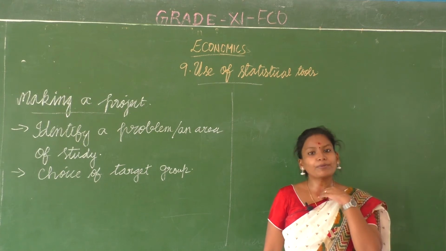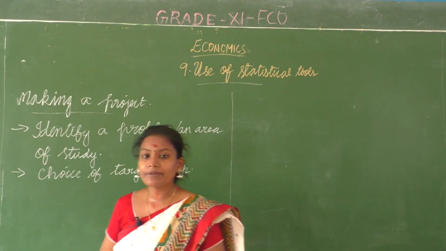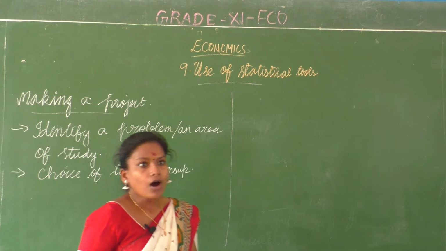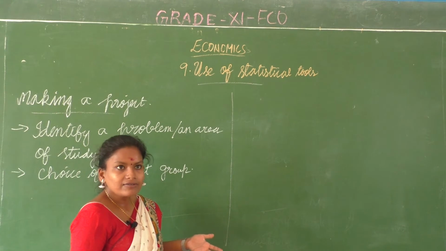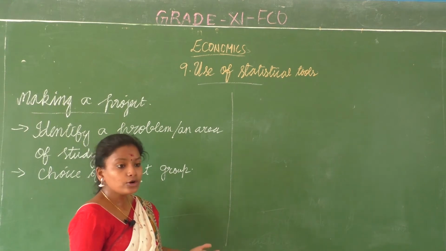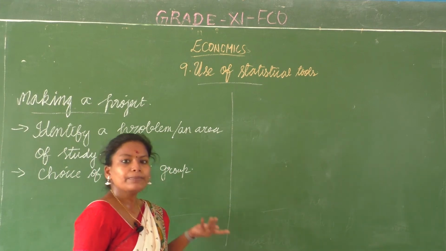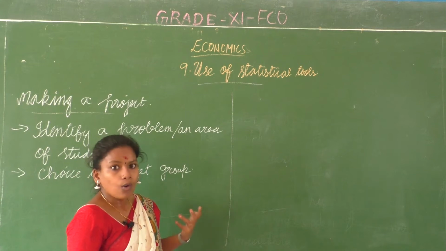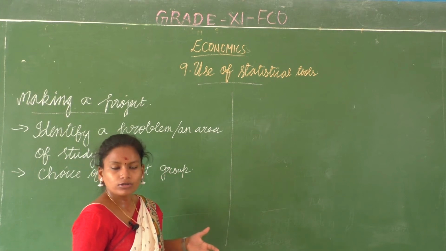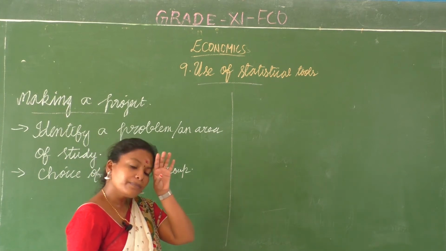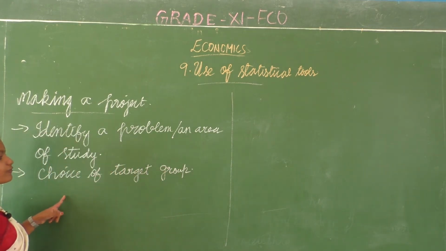If it is about pet products, pet food supplies like Pedigree, if you are going to study such companies, then your target group would be people who have pets. If you ask people who don't have pets how do you feed your dog, there is no point. And pets are different. People have birds, people have goats, cows, everything is pets. Pedigree or Drools is for dogs. So you have to ask people who have dogs with them. So that's your choice of target group.